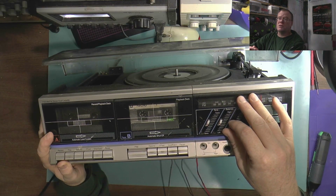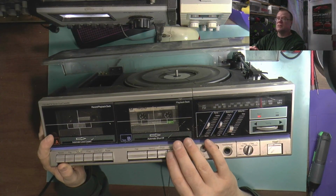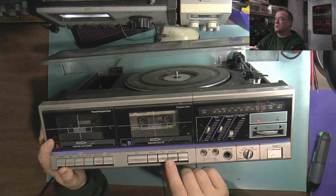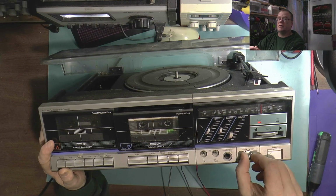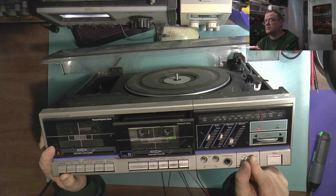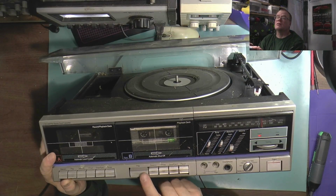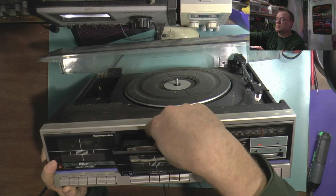I don't know if you can see what it's doing, but there's definitely some hum going on there. Wow, yeah, that's just in the tape side generally. Yeah. Flip over to phono, the hum goes away. So there's definitely something out of whack in the tape section. Definitely something weird going on. Either something gummed up or...